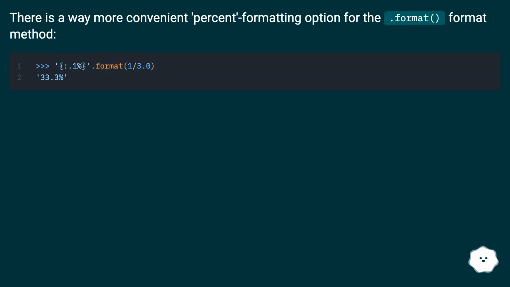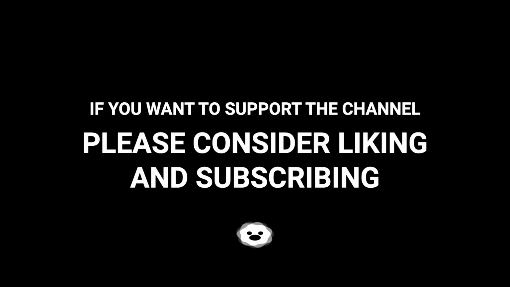There is a way more convenient percent formatting option for the .format method. How to